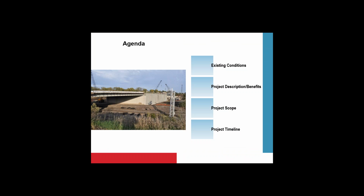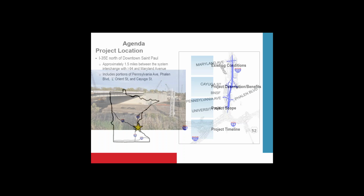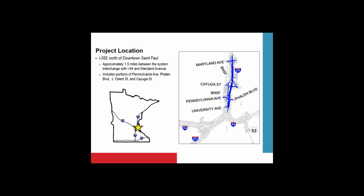Just going over the project topic real quick, talk about the existing conditions, some of the reasons for the project, some of the benefits of it, talk a little bit about what the project team did, and a little bit more about timeline. I think most of you are probably familiar with the project, but in case you haven't